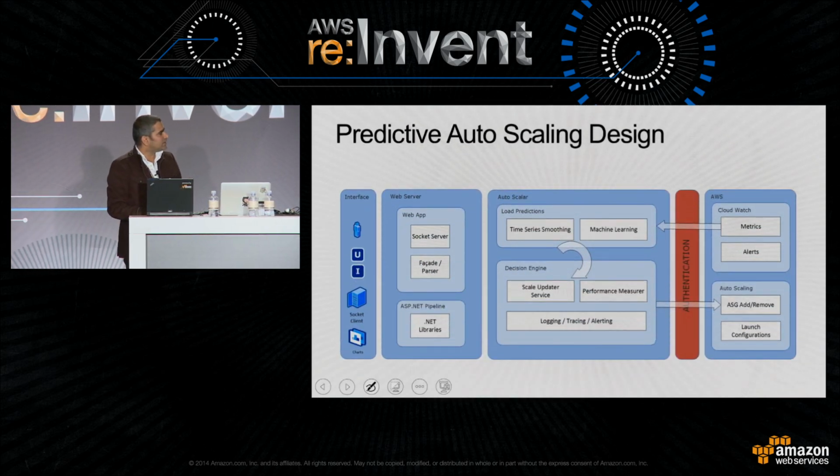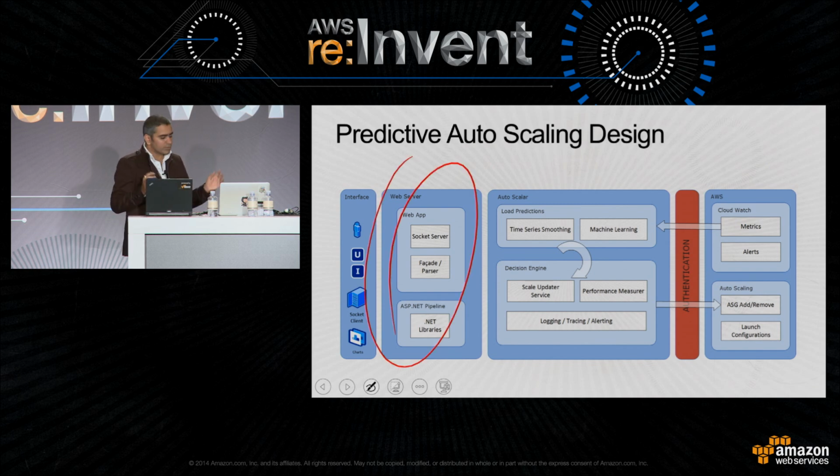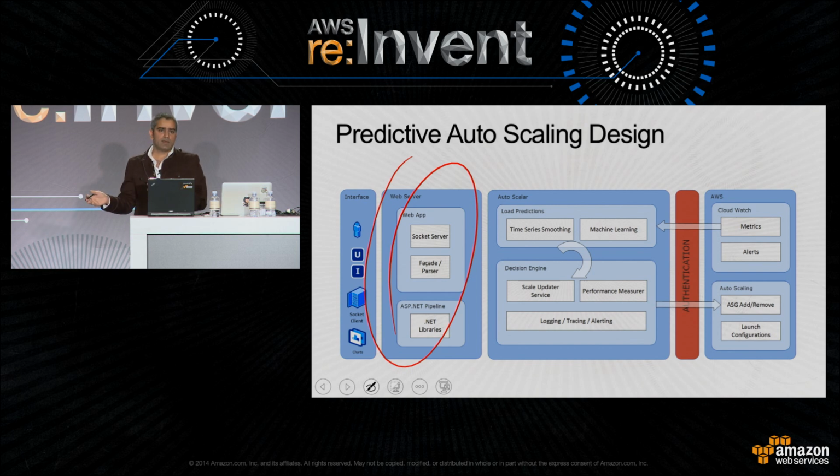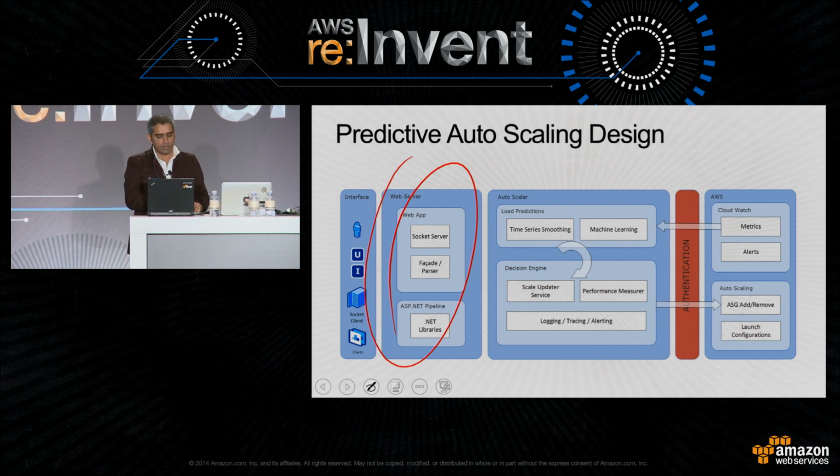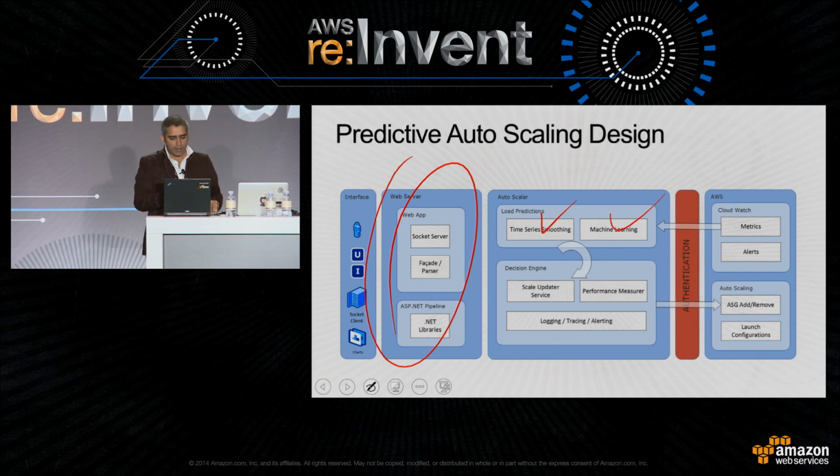Simple design, basically, of a simulator I'm going to show you today. In the web server, this implementation could be your own, whatever you want to implement on the UI side. You want to have some jQuery on the client, and then you want to have some Node.js on the server. Maybe you want to have some Java stuff on the server side, but I have done that, as I mentioned to you the reason before. So this autoscaler design, you have some mechanisms to use either time series smoothing or machine learning, or you can use both actually, because you can smoothen a time series using machine learning techniques as well, obviously.